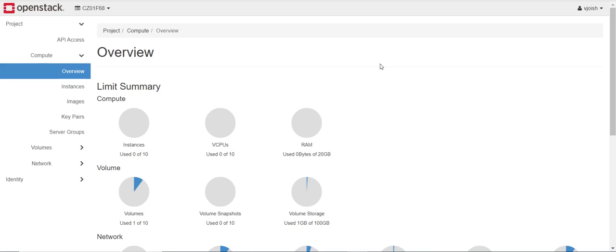Right now I've logged in as a project admin, not as a cloud admin, and this is the interface you will come across the moment you log in. You will fall under Project, Compute, Overview, wherein you will be displayed with the overview of the quotas, the amount of utilization you have done on